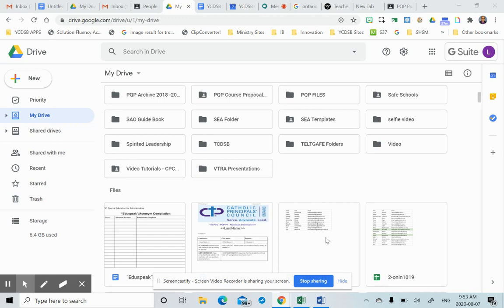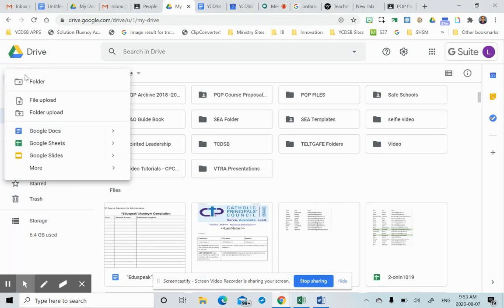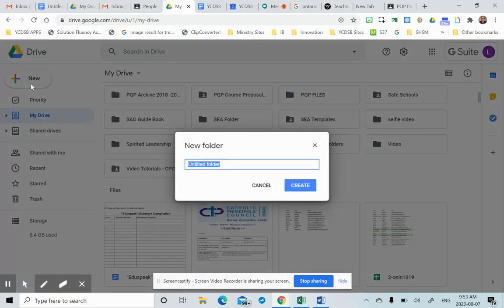Okay, so I know that's a lot of words. I'm just going to walk you through it. So this is my G Drive. What I'm going to do is click on New, and I'm just going to create a folder to make it simpler and easier. So I'm going to click on the folder, and for now I'm just going to call it selfie video